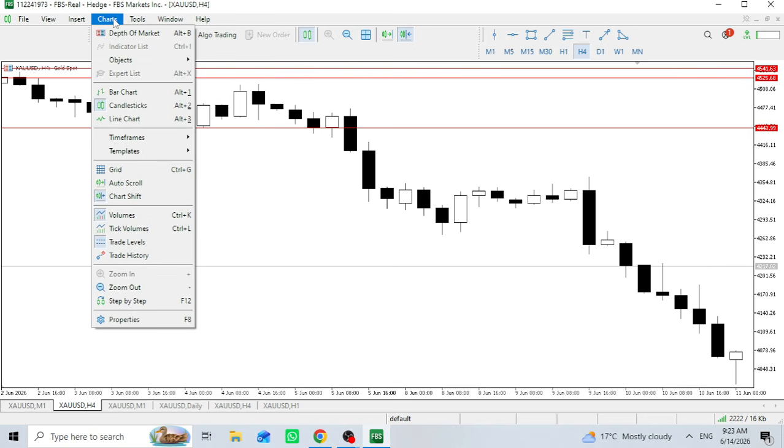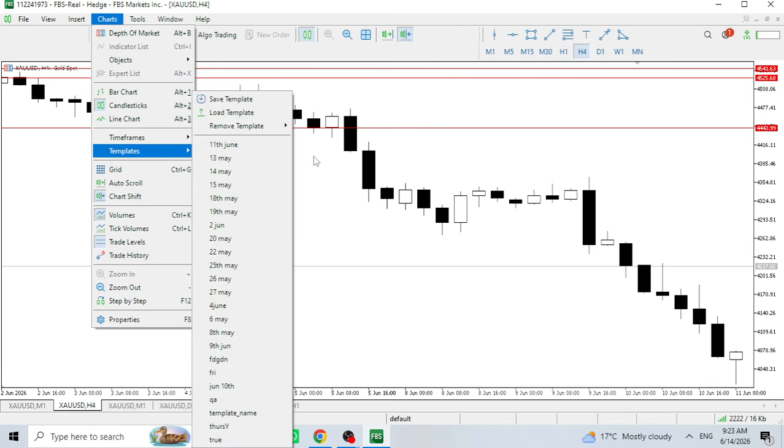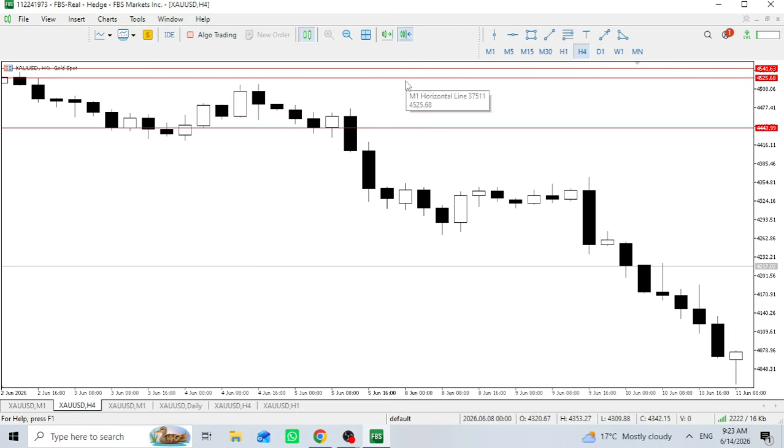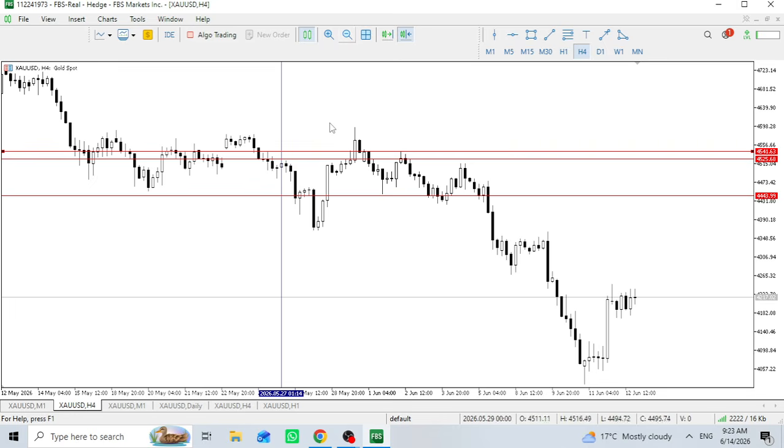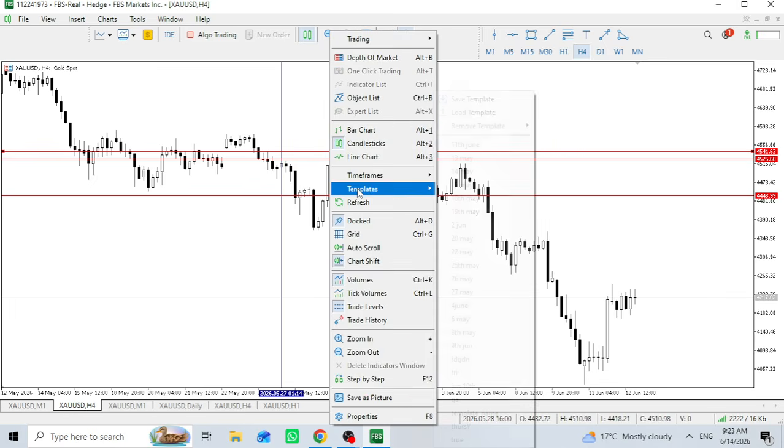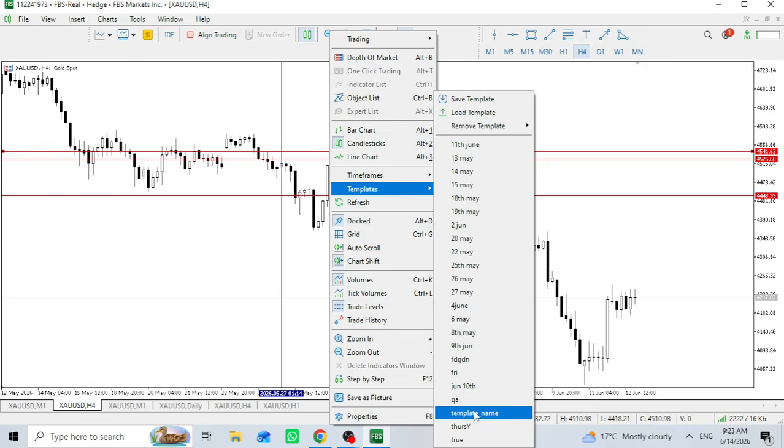Now here is where it's important. Now Charts, when you click Charts, that is very important, because if you analyze your chart and you want to save what you have analyzed, let me show you something. Let me compress the chart. I have shown you how to do that. I want to put this template, zero, nothing.